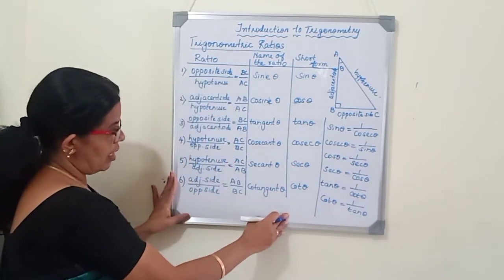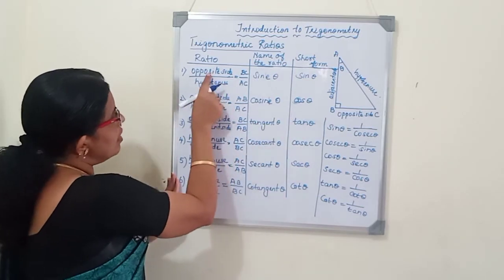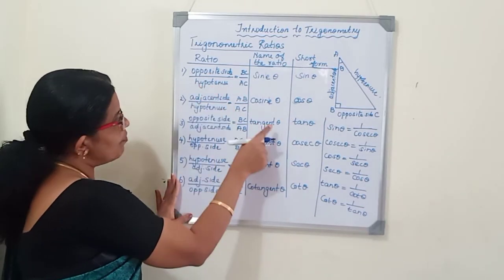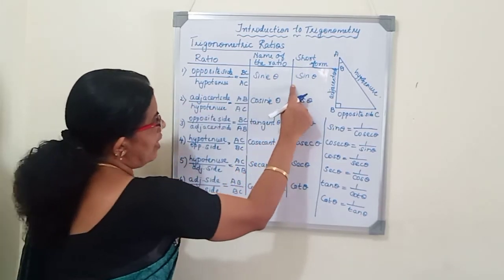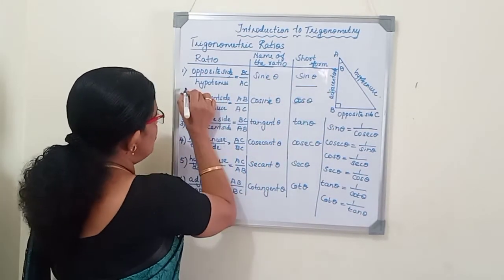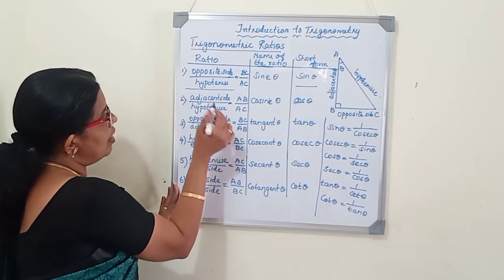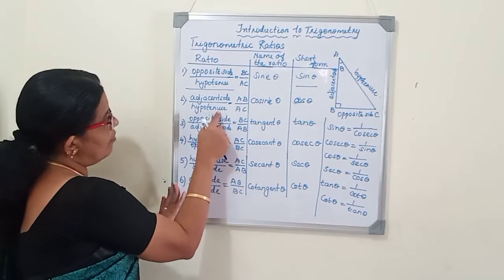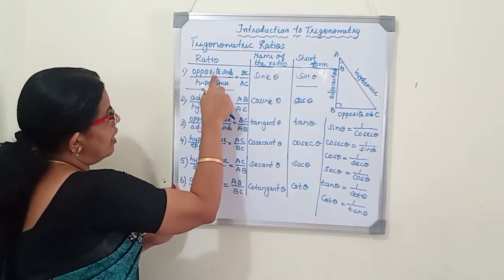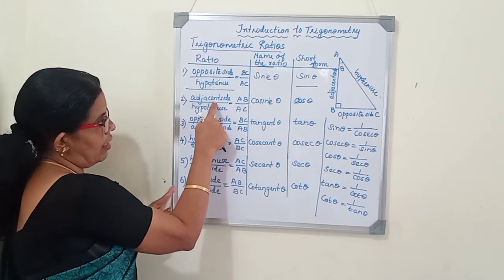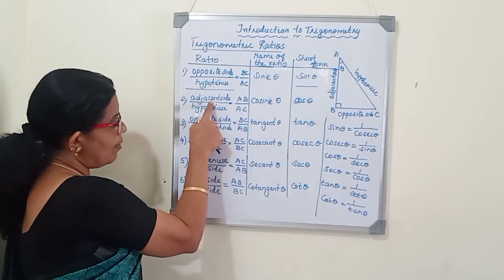Now two more formulas you have to learn. I will write here only. We learned that sin theta is opposite side by hypotenuse and cos theta is adjacent side by hypotenuse. If you divide sin by cos, this is a fraction divided by another fraction, so we will take the reciprocal when we cancel. Which term will cancel? Hypotenuse will cancel. We will get opposite side by adjacent side. So sin theta by cos theta is opposite by adjacent.